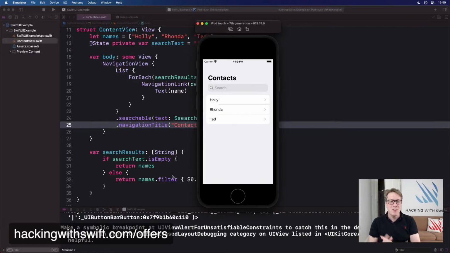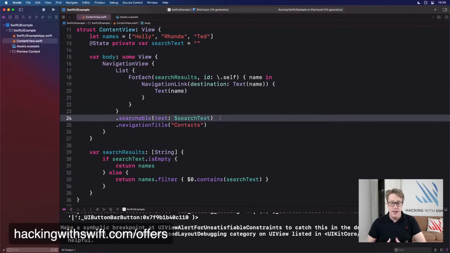Anyway, for more advanced uses, you can actually ask this thing to provide suggestions as well. You could say, here are things I think should match somehow. And then if you want to, provide completions for those search things as well, to save them typing the rest of Holly's name, for example, even though it's only 5 letters in this case. And this is done by passing a function into searchable as its other parameter that will return some kind of view full of your suggestions, whatever you want to do. And then you can say each one of these things has a search completion, so tapping on it will complete the search automatically.